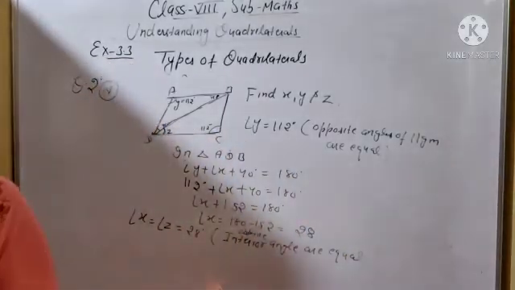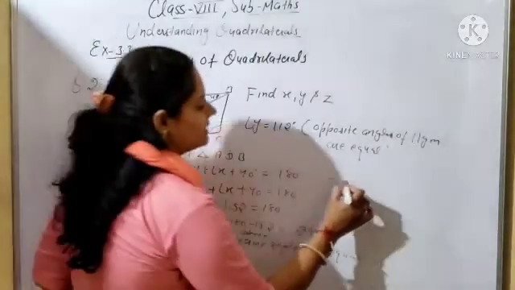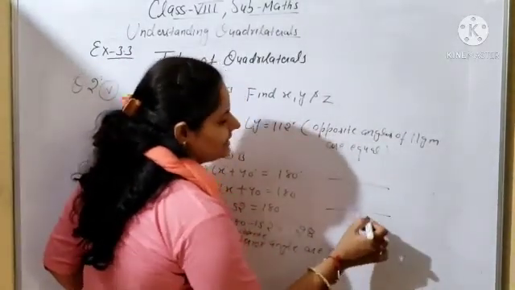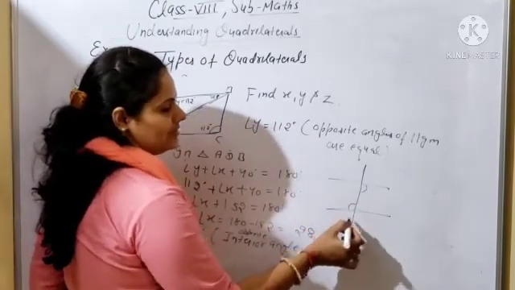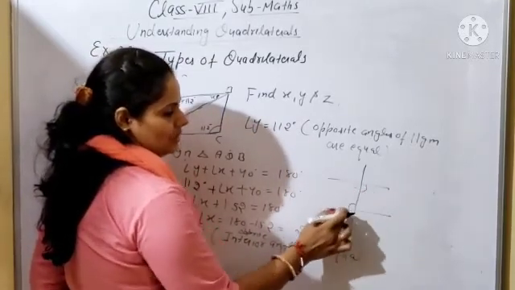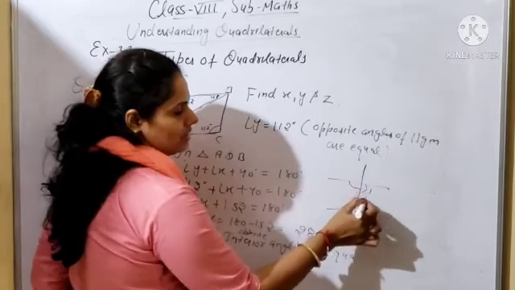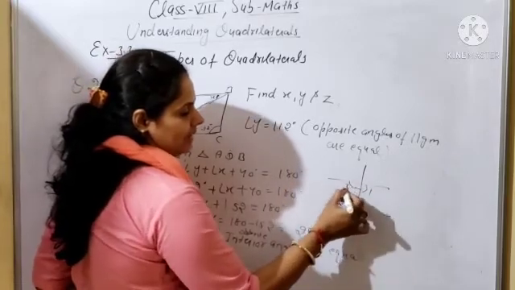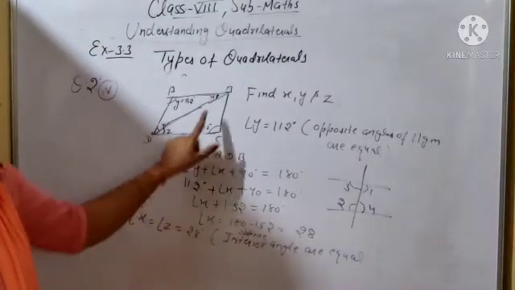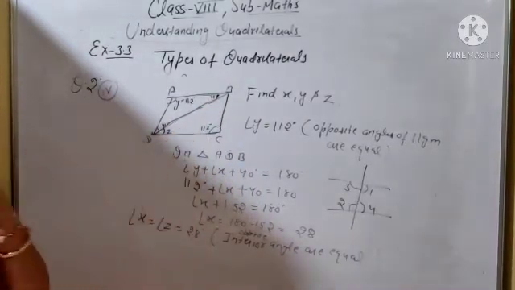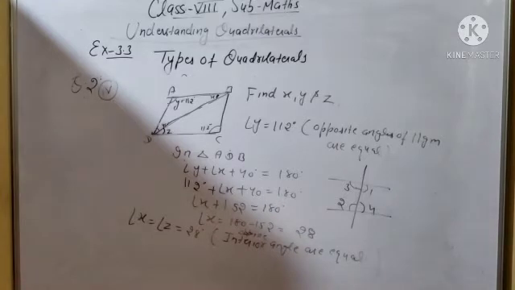Clear? So when two straight lines, or you can say two parallel lines, are cut by a transversal, opposite interior angles will be equal. This one is opposite to this one and this one is opposite to this one. 1 is equal to 2 and 3 will be equal to 4. Clear? So we will apply the property here. X will be equal to Z. So X is 28, so Z will also be 28. Clear all of you?